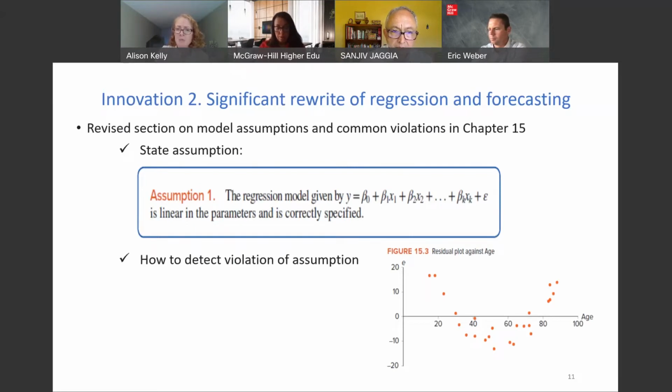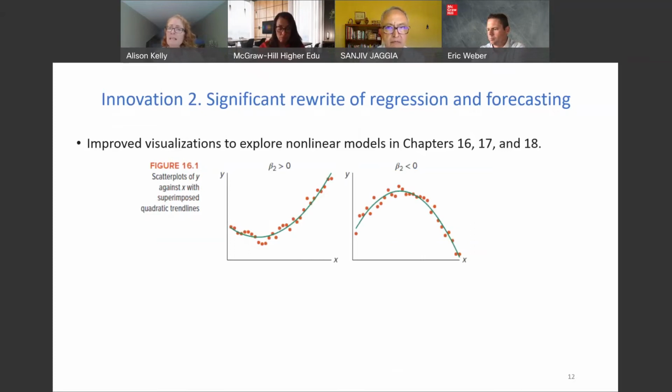But we see it now visually, and then we provide a remedy. So we see the assumption, we see how to detect a violation of the assumption, and then we provide a remedy. When we get to nonlinear models in Chapters 16 through 18, we plot the relationship between X and Y, and we see whether a linear model best describes the data or a nonlinear model. Here, possibly a logarithmic model or a quadratic. We do the same with